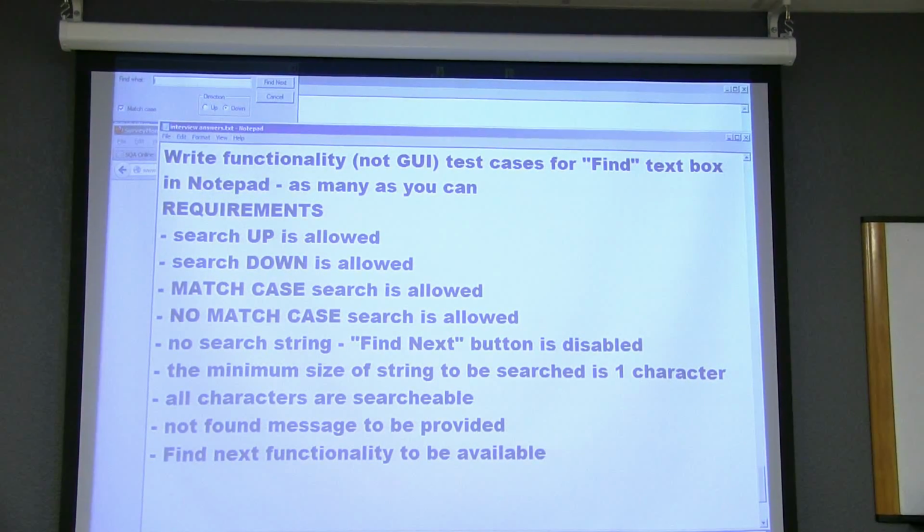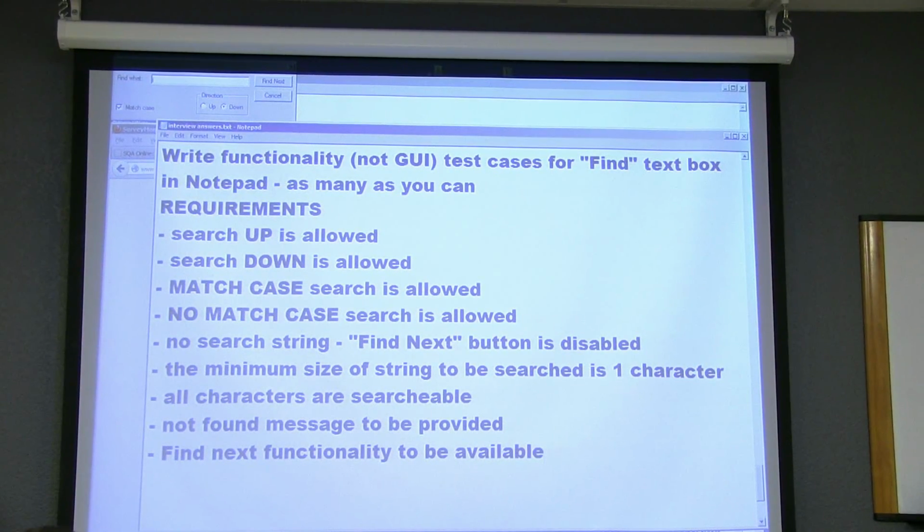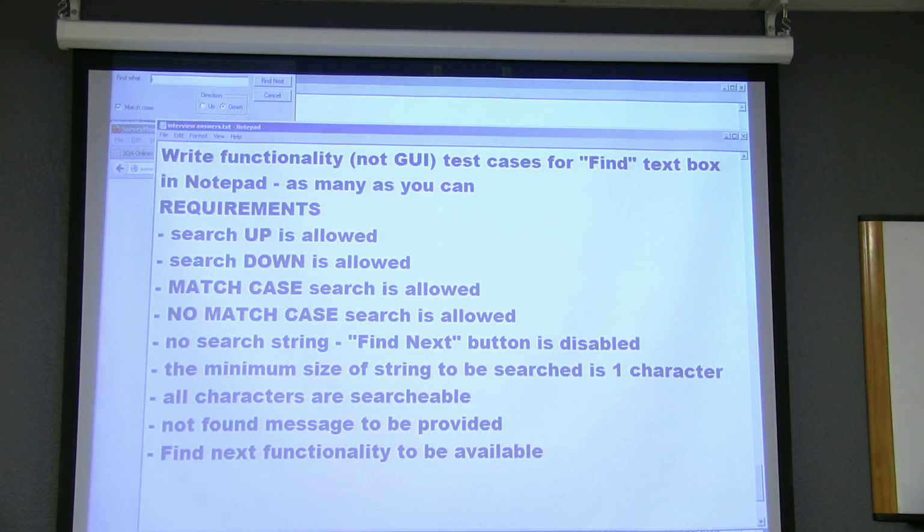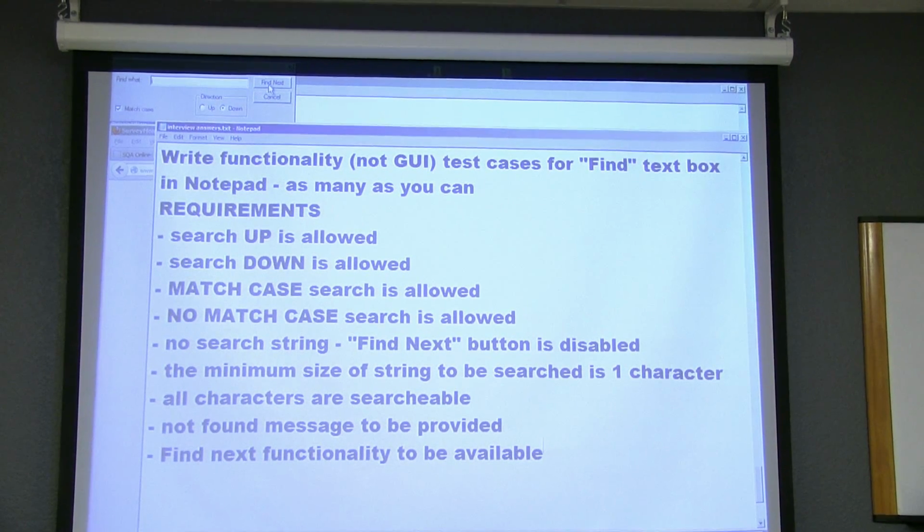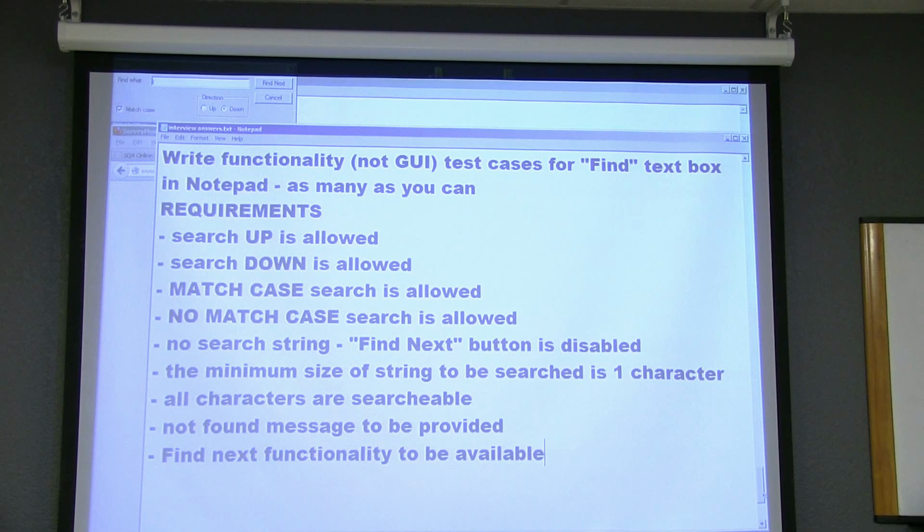So if I have multiple occurrences of that string, I just do find next, find next, find next. Okay. And then default value. Default value equals